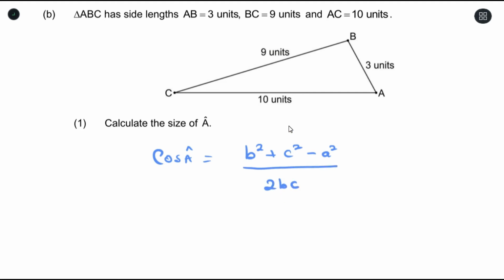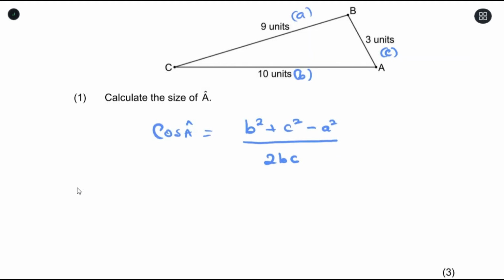Obviously this represents your b, the side that faces angle B. This represents your a, the side that faces angle A, and this represents your c, the side that faces angle C. Okay, so substituting the values you have,